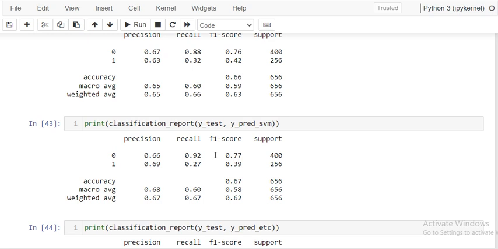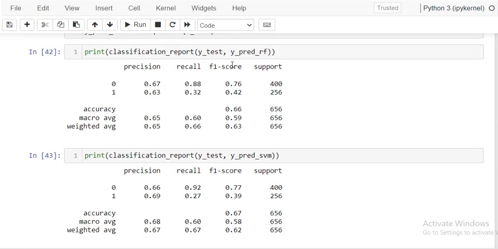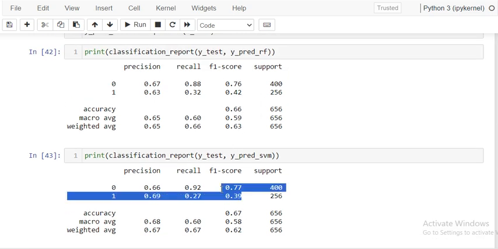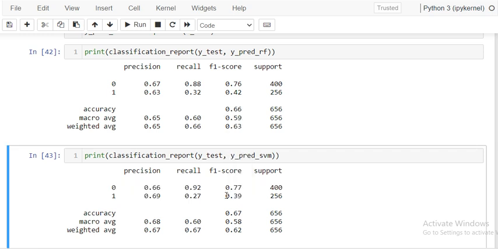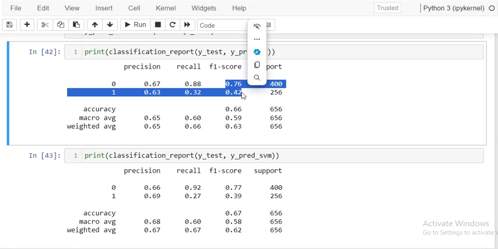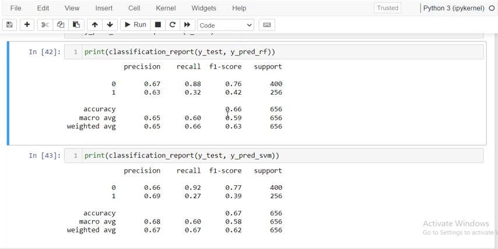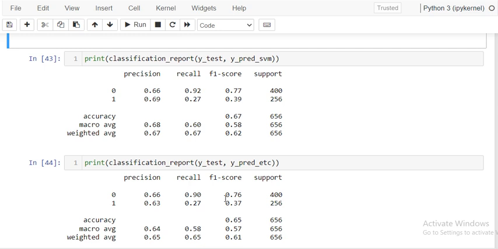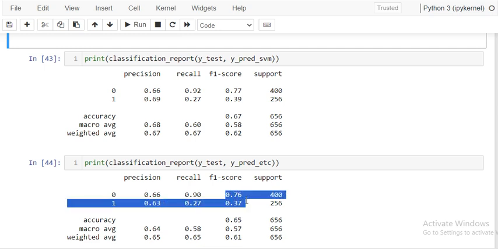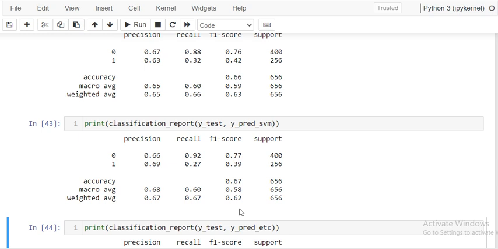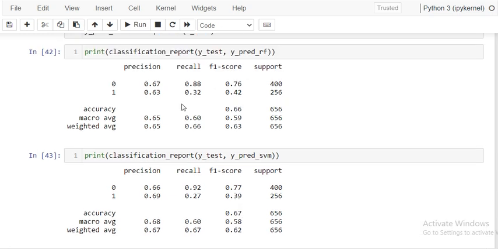Okay, so here we are getting a lower F1 score for SVM. The F1 score is quite good for random forest, and this score is also good. But from here, what I can observe is there is a small difference between the 0 and